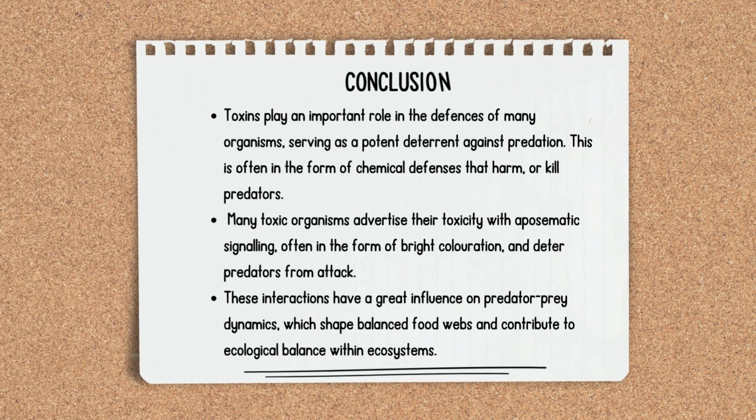predators. In conclusion, toxins play an important role in the defense of many organisms, serving as a potent deterrent against predation. This is often in the form of chemical defense that harms or kills predators, which affects the survival of toxin-producing species. Many toxic organisms advertise their toxicity with aposematic signaling, often in the form of bright coloration. The bright color deters predators from attack. Many predators learn to avoid them from experience. These interactions have a great influence on predator-prey dynamics, which shape the food webs and contribute to the ecological balance